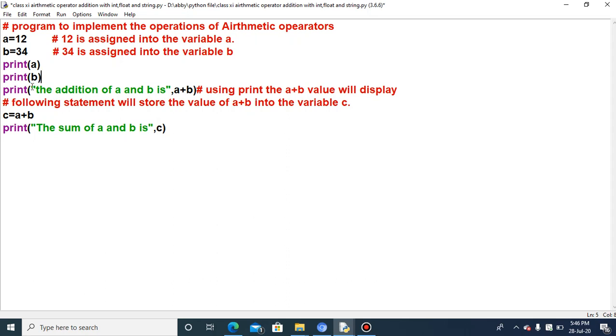Okay? And the third line is written as "the addition of A and B is" under the quotes. Whatever you write under the quotes in the print function, as it is, it will display in the output. And then after that I have used the comma. This is the syntax for writing the print function. What you need to display, you specify under the quotes, and the value after the comma is